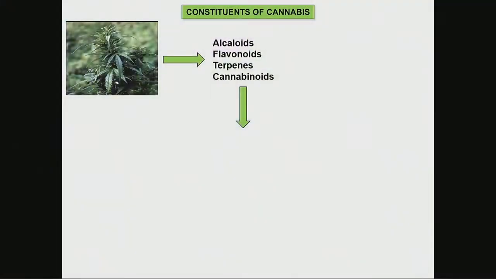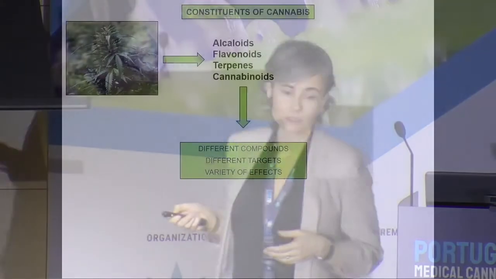But what I want you to know is that when we work with the plant, we have to change our vision of medicine, because we're used to, and when I say we, I mean doctors, they are used to thinking about medicine in terms of one chemical compound with one target that produces one effect. When we talk about cannabis medicine, this concept is completely different. We have a lot of compounds within the same preparation, meaning different molecular targets, meaning a variety of different effects.